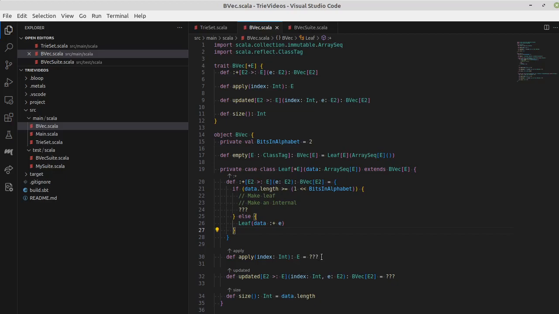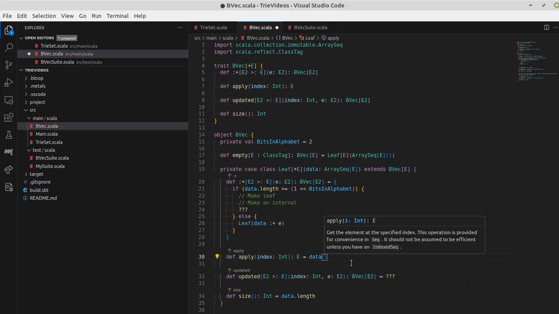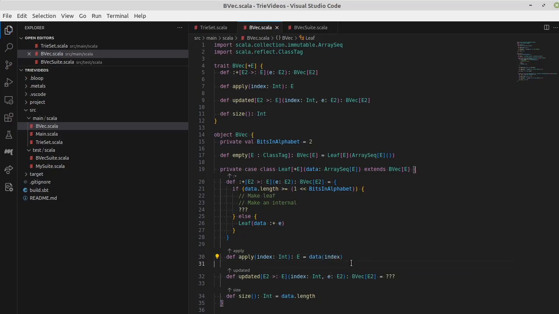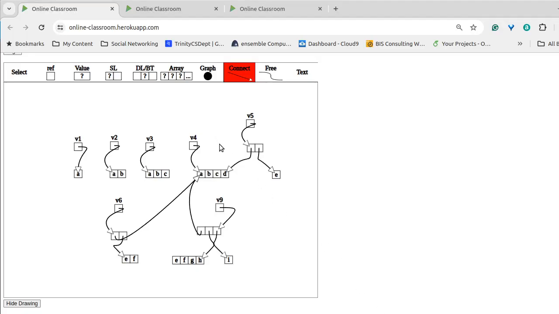So what does the apply method do? Well, we have an array, and it's tempting to just say return data sub index. This is almost correct, but it's not quite there. And the problem is when the bvec is larger. So if we were to look at our drawing here, for example, v9, well, it has an internal node. But v9 has indexes 0 through 8. And if I get index 8, I'm actually going to come down to this